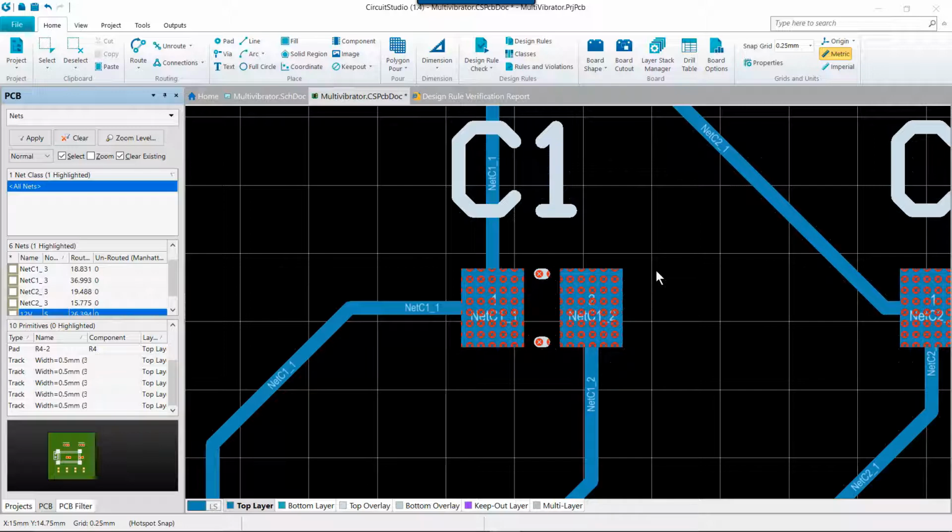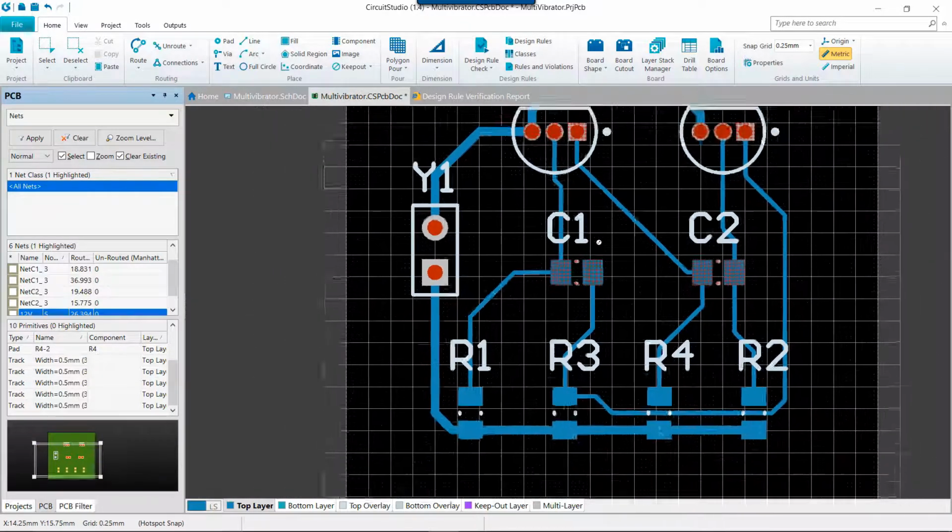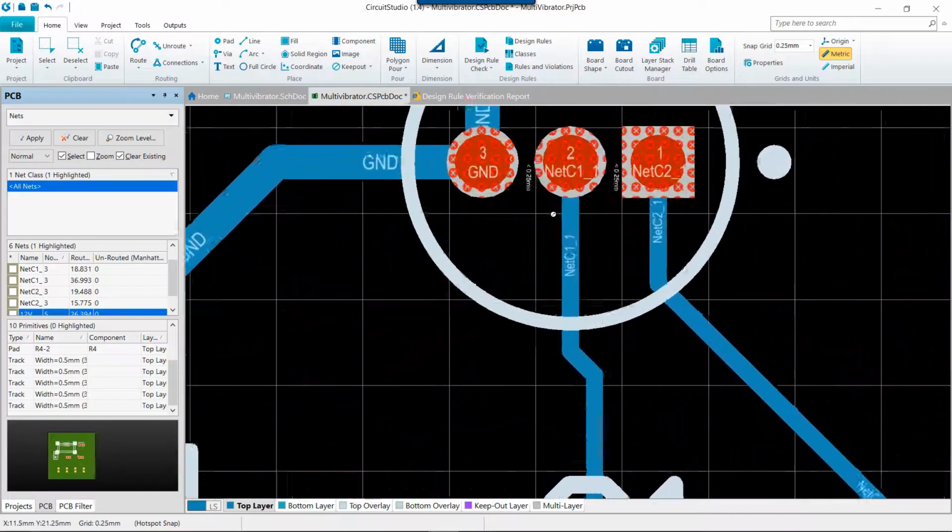When a batch DRC is run on the tutorial board, there are 16 total violations, which means the measured values are less than the minimum amount specified in the applicable design rules. You now know how to locate those violations by clicking on the link in the report file or double-clicking in the Messages panel, and using the violation details, we can understand the error condition. If we go ahead and zoom in here,